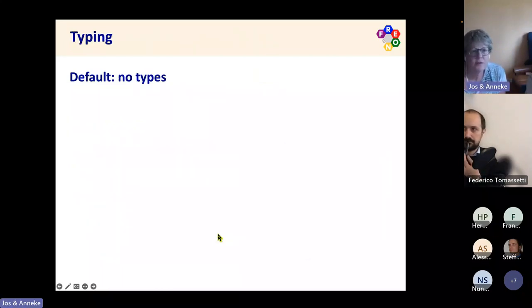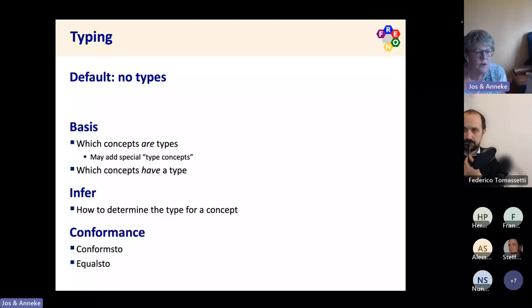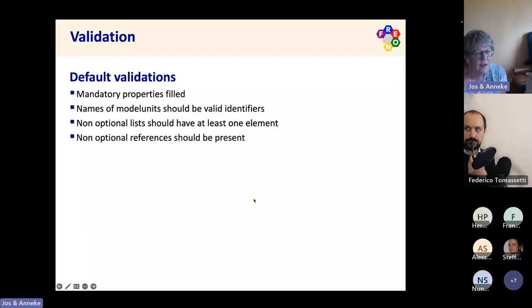Typing, again, the default is very simple because there are no types defined. But when you get to the definition level, the basis is, well, which concepts are types and which concepts have a type. How do you determine a type? And we have simple conformance rules as well. The default validation is a bit more filled.